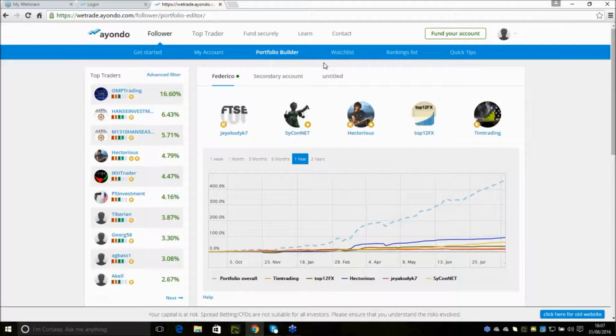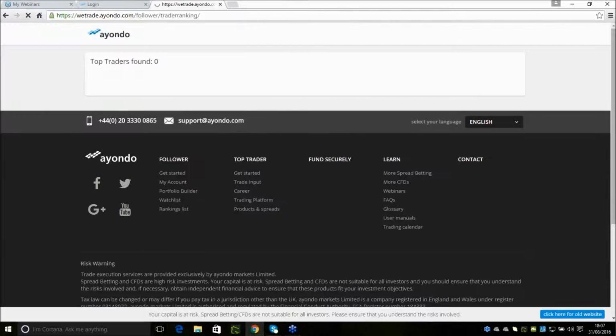So Portfolio Builder is now Portfolio Configurator. Instead of Find Top Traders, so if you are looking to click Find Top Traders, the new one instead is now the Rankings list. So if you click on Rankings list,